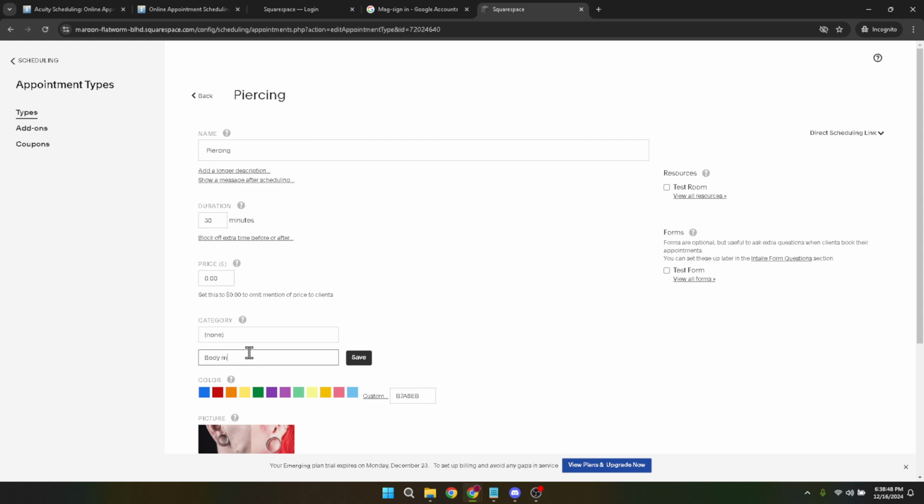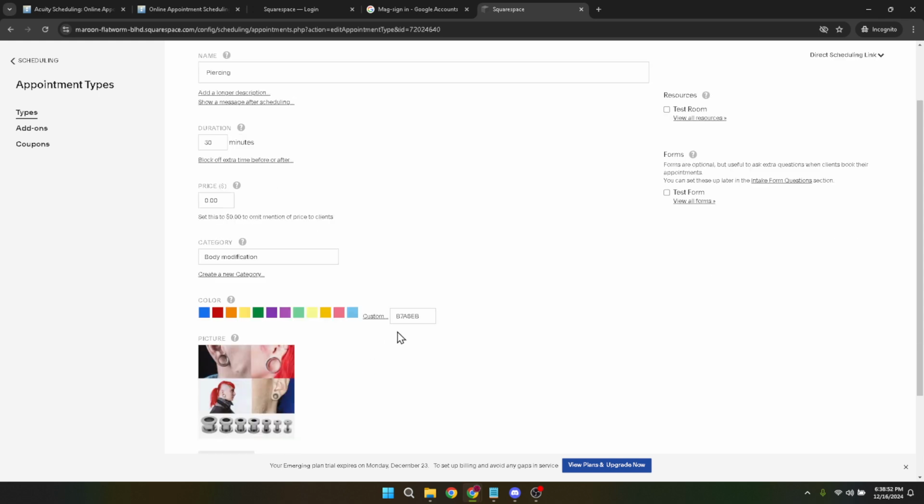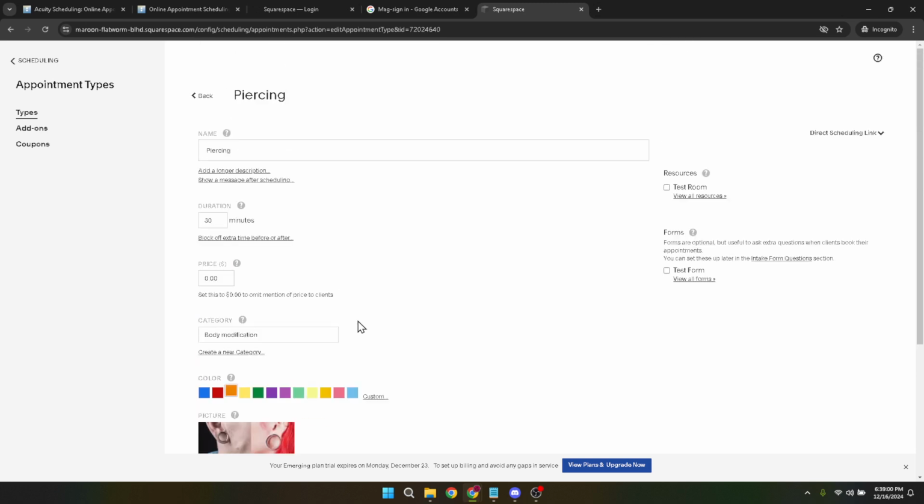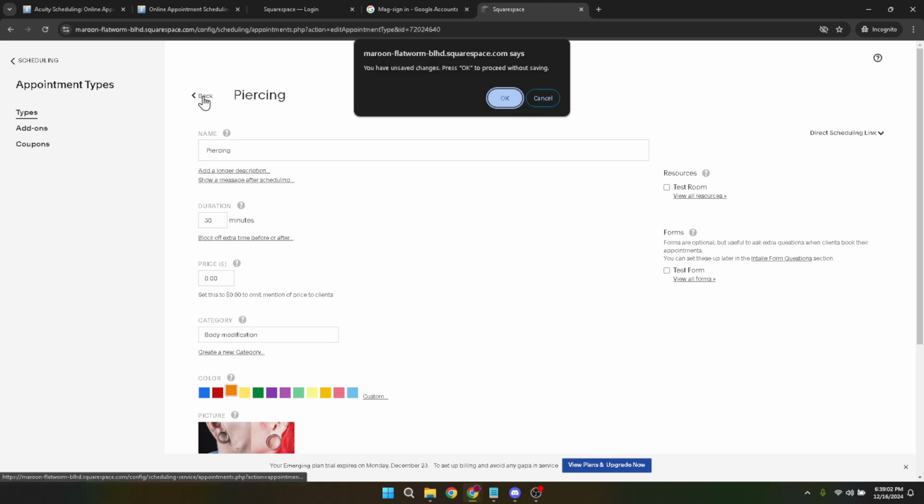With your category name typed out, it's time to make it official. Look for the Save button. It should be nearby. Clicking Save will add the newly created category to your list, effectively organizing your services into a more navigable format. And just like that, you've added a new category to your Acuity Scheduling page. It's a straightforward process that can significantly impact how you and your clients interact with your booking page. Plus, having everything neatly categorized enhances the overall experience, making it easier for clients to find exactly what they're looking for.